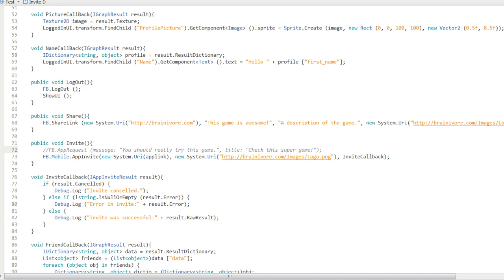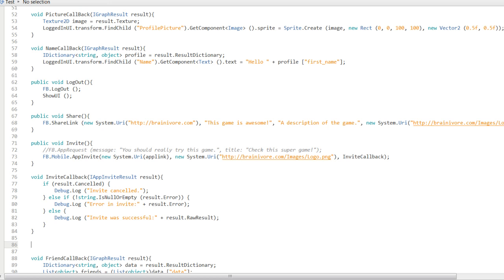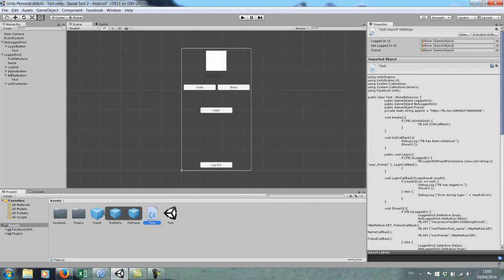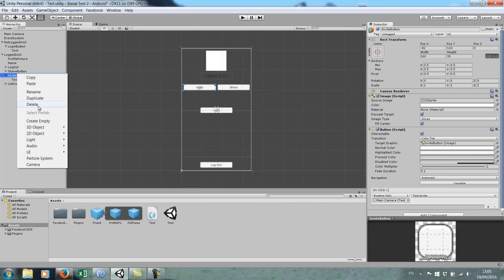The other thing that we wanted to do is challenge the friends users. The purpose of an invite is to invite friends that are not currently using the app. And the purpose of a challenge is to challenge some of the user's friends that are already using the app, but we want them to come back. For example, to beat a high score on a certain level, or perhaps you could also use this to send them a gift or life or whatever. And I just created the function challenge,